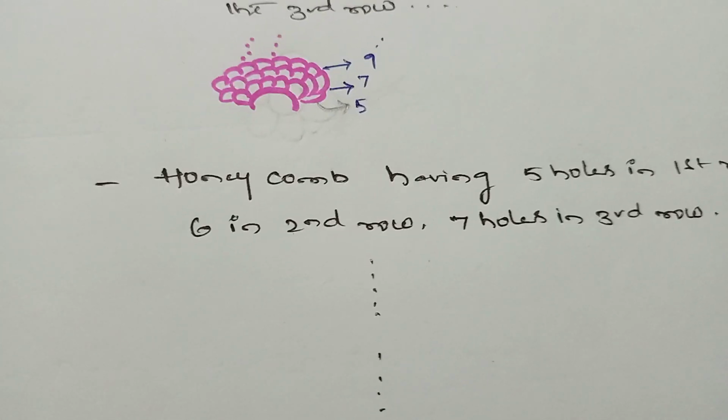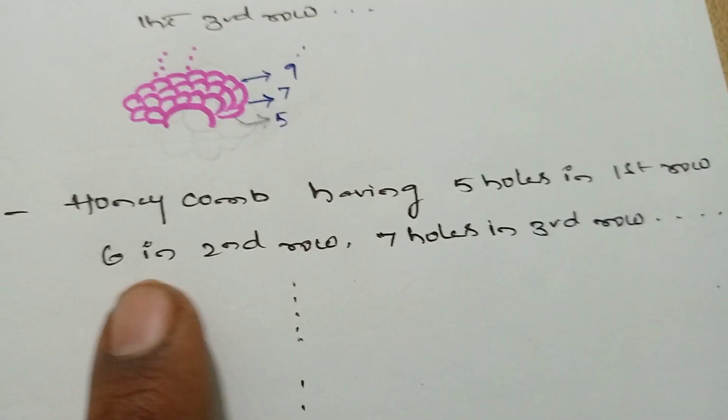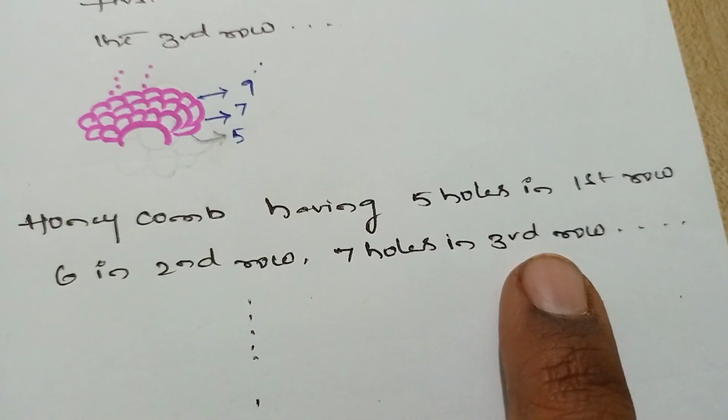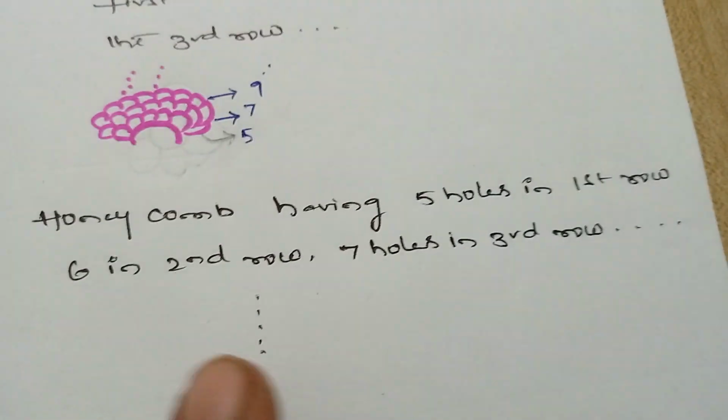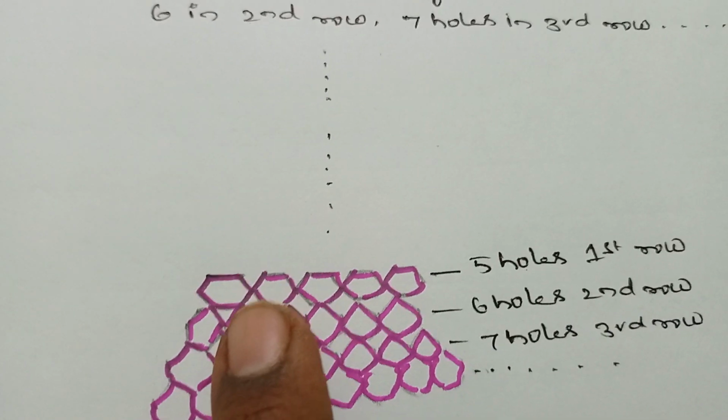Coming to the second example, the honeycomb. A honeycomb has 5 holes in the first row, 6 holes in the second row, 7 holes in the third row, 8 holes in the fourth row, and so on. It will be in increasing order. I have drawn a rough figure here. See here, in the first